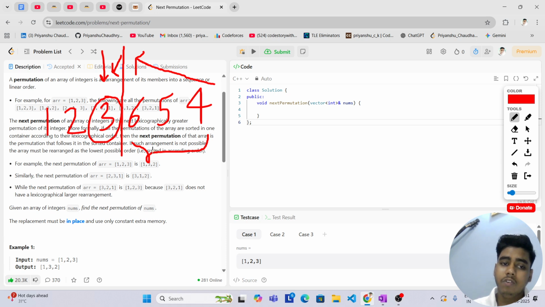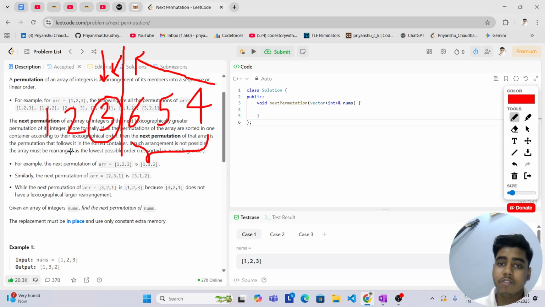So what we will do, we will try to update this 3. The first thing, we will go and find the number which is just smaller than the next element. Okay, so we have found here 3. Now we have to replace this with a number. So what we can do, we can just replace it with any number which comes after 3. I mean we have to replace 3 with any number from among 6, 5 and